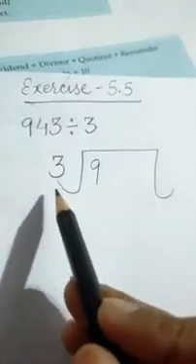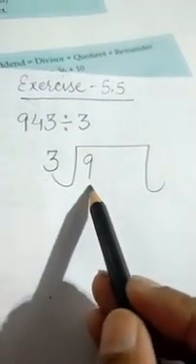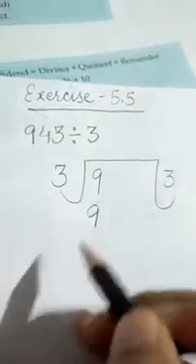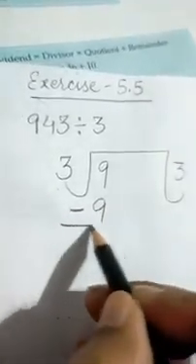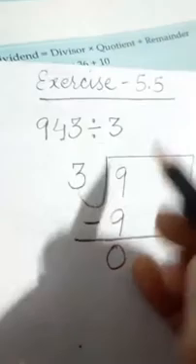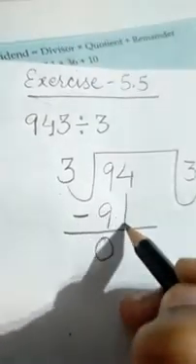Here we will write 9 and we will divide it by 3. Now in the table of 3 we will find out 9. Is it there or not? Yes, here when we see the table of 3 we got 3 3s are 9. So here what we will do? 3 3s are 9. Yes, then subtraction. 9 minus 9, 0 is there. Then after that next digit is there, 4. We will bring it downside.